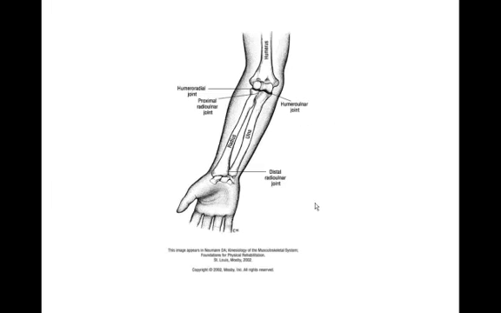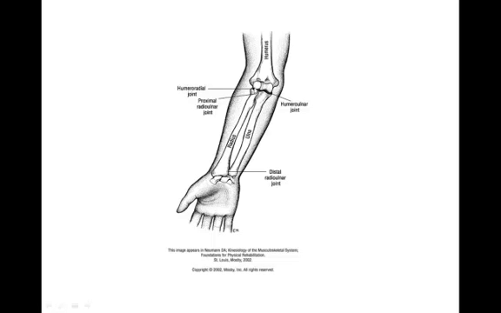This, of course, is the elbow and forearm complex. You can recall, I hope, that within the elbow joint complex we have the humeral ulnar joint and the humeral radial joint, as well as the proximal radial ulnar joint. All 3 of those articulations are within the joint capsule and make up the elbow. The elbow here on the ulnar side